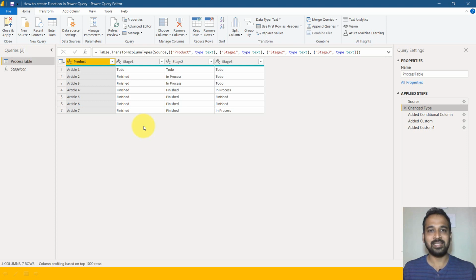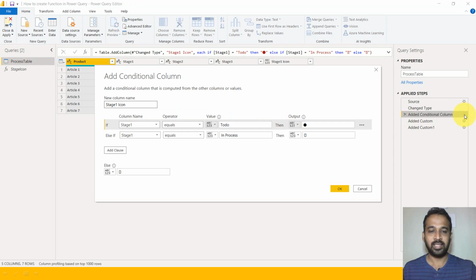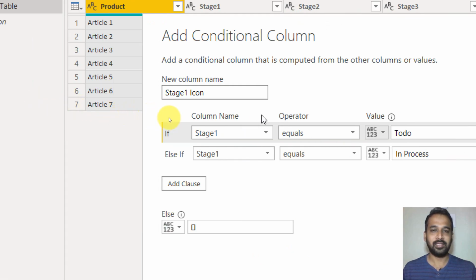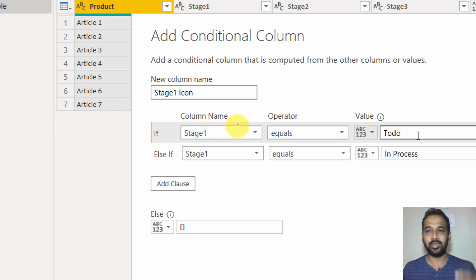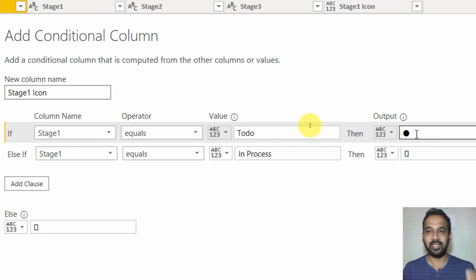I have imported this Excel file, what we have just shown, into this Power BI. And then what I did is I just added a new conditional column. If you can see this, I added a conditional column, stage 1 icon. If stage 1 equals to do, then I need this.